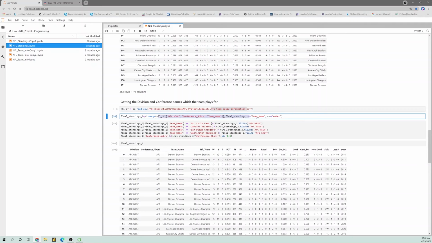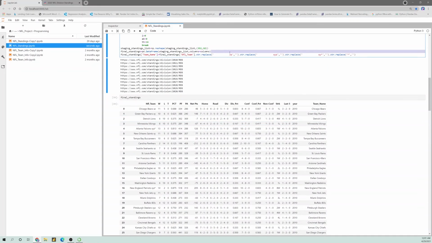And we are going to perform an outer join because I want to see everything. It doesn't really matter if we are looking only for, well, it does matter. I want to see an outer join because I want everything to be grabbed. I want to make sure that I am not missing any teams. And we are going to join it on this team name column, which is this column here. That's why we perform that data cleaning process